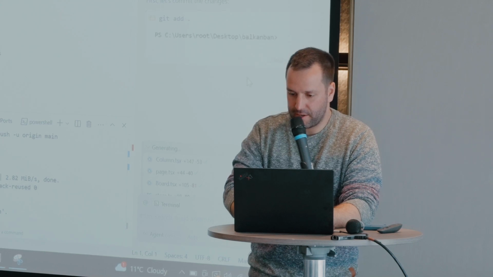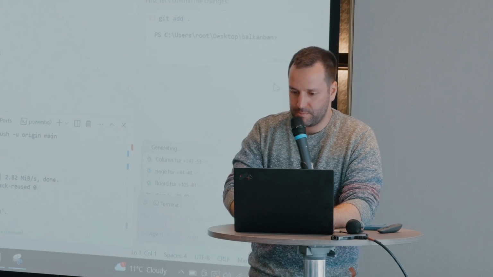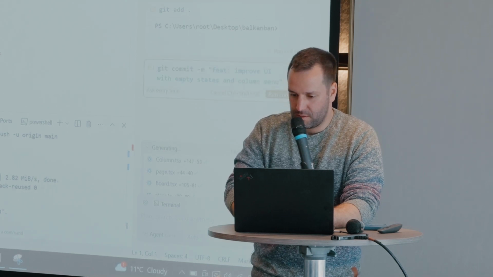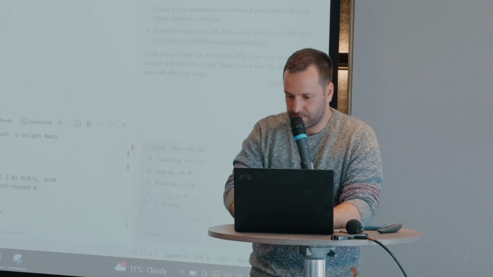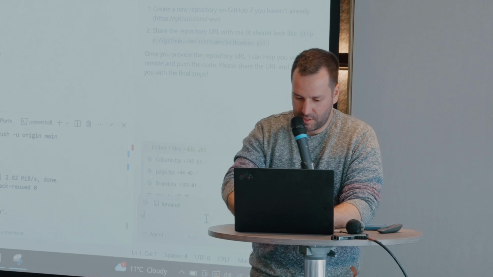Okay, let's add all the files. That's something that people always forget to do. That's our commit message. And now it will be the push message. Now push the code. Okay, let's push it.